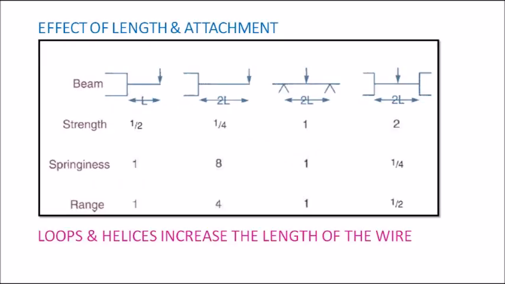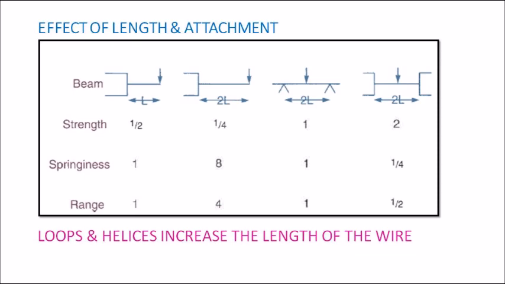So now let's talk about how either the change in the length of the beam or the way in which it is attached affects the properties. First we will talk about the changes in the length of the beam. Please go through the picture. Initially you are seeing a cantilever beam with the length L, and in the second picture you are seeing the same cantilever beam with the length being doubled, that is now 2L. Now we will see how the increase in length of the cantilever beam affects the properties.